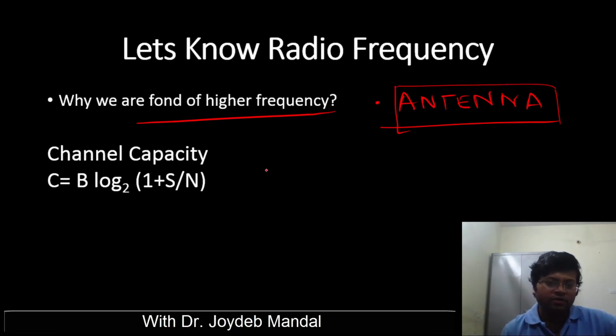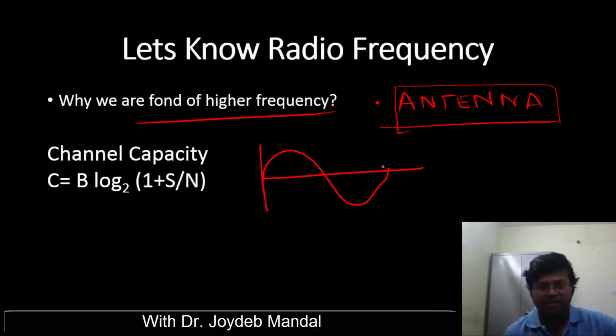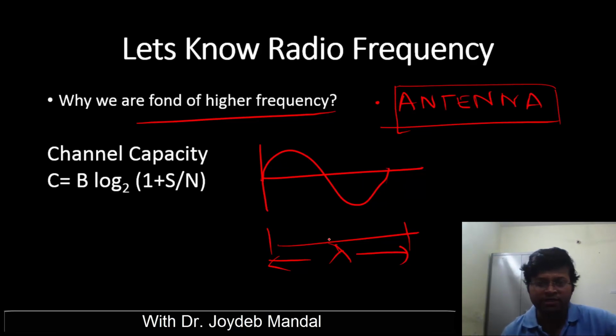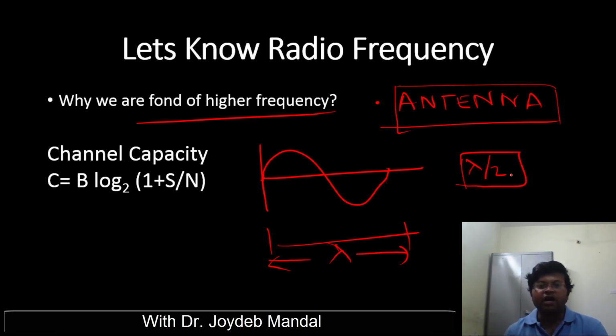So usually when we send a signal, suppose there is a signal, one periodic shape is called the wavelength. Now to transmit a signal, the antenna length should be lambda by 4, or lambda by 2, that is the thumb rule. Now if I am transmitting a signal, f is equal to